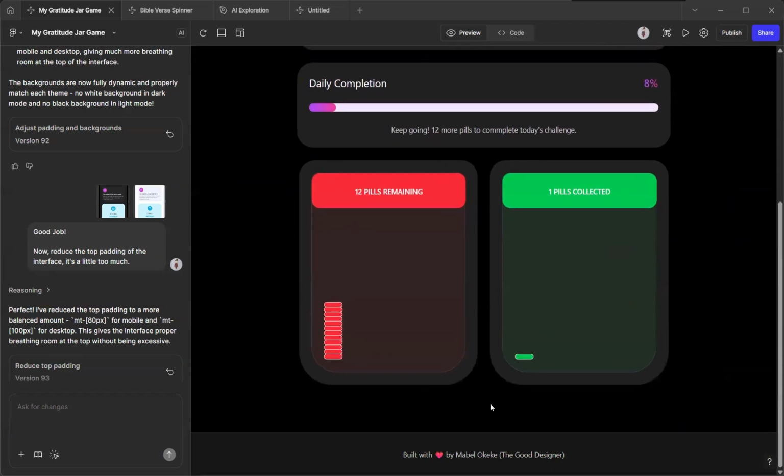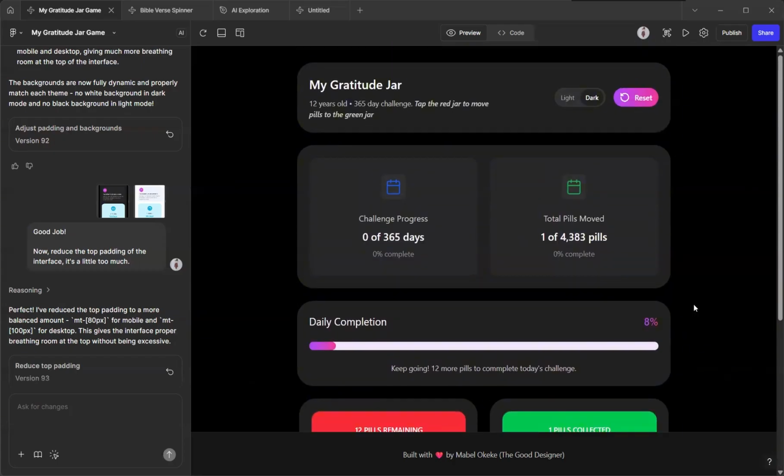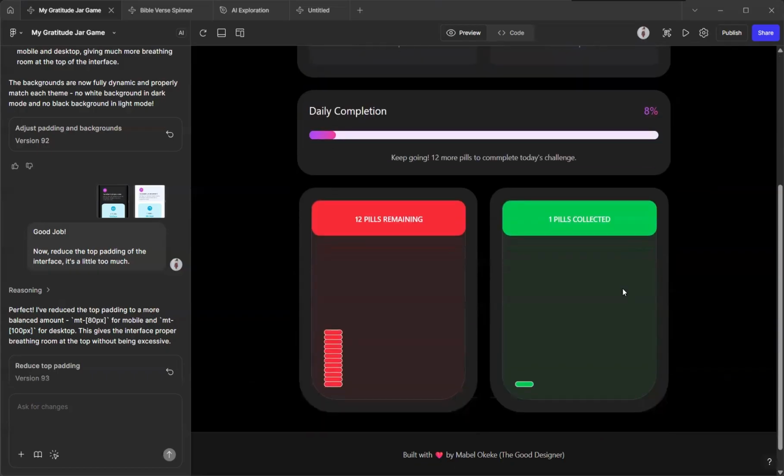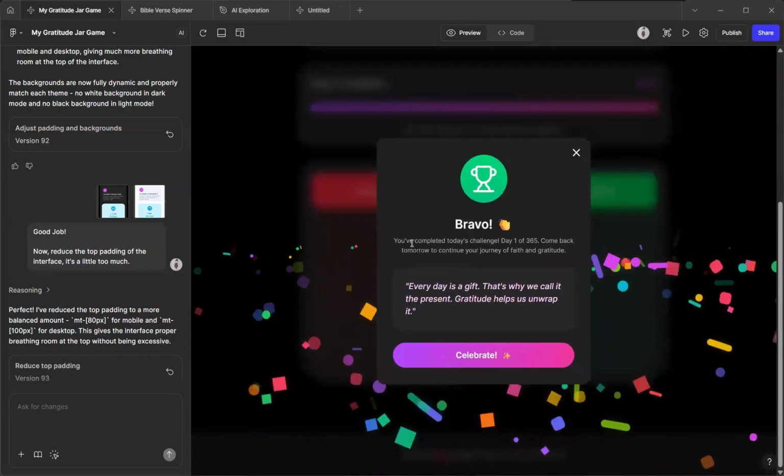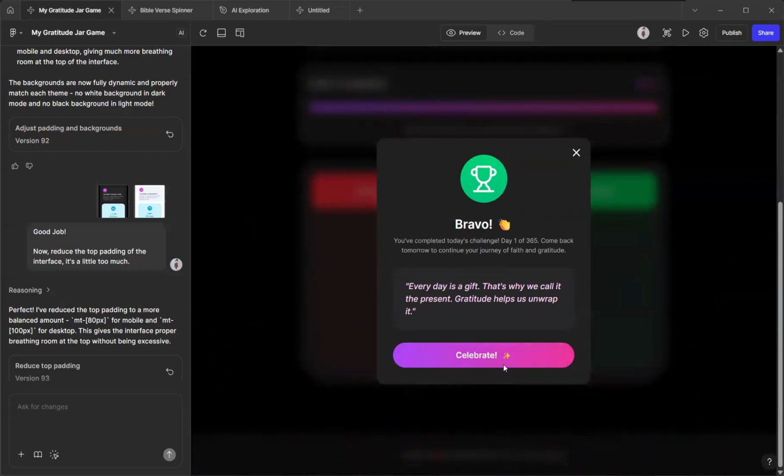Once I'm done moving the pills, it's going to show me an insightful quote about gratitude. The idea behind it is just for you to stay grateful or thankful visually. For every pill I move, I can be saying thank you, or whatever word I want to say. So let me quickly move this. I think I'm going to shut down this noise. I hate it. You can see I'm done moving the pills, and it starts giving me a congratulatory message